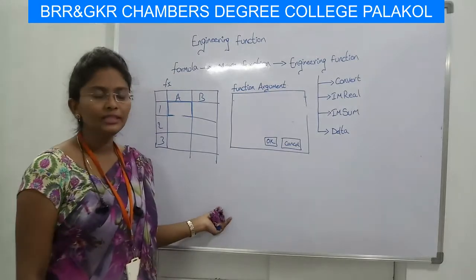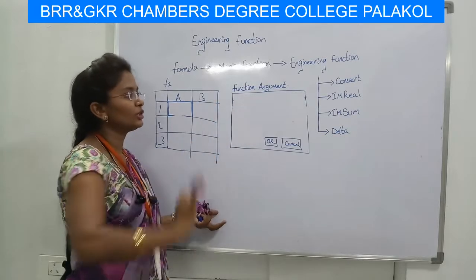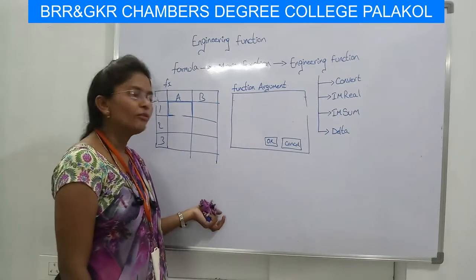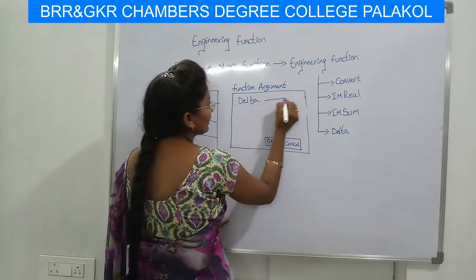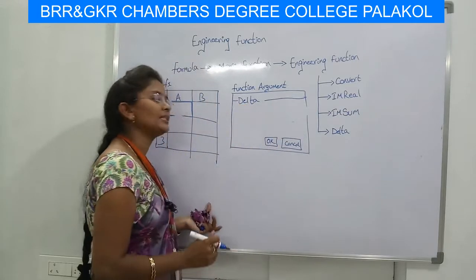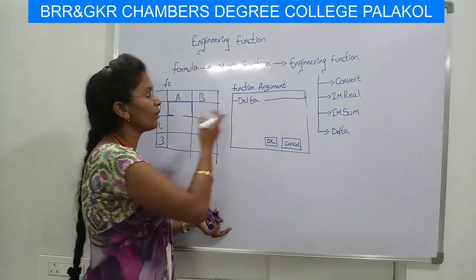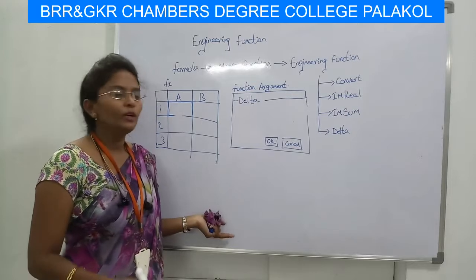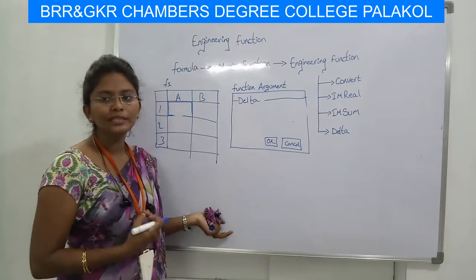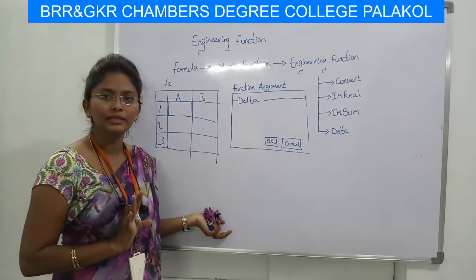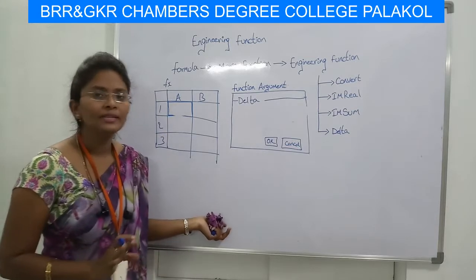After taking the Excel sheet, click on the formula bar, more functions, engineering functions, and the next function is the delta function. And here, function arguments with delta. What does delta mean? In this delta function, it will check the two numbers you entered in the Excel sheet or in the function argument. It will compare those two numbers. If the two numbers are equal, it will display 1 as a result. If the two numbers are not equal, it will display 0.